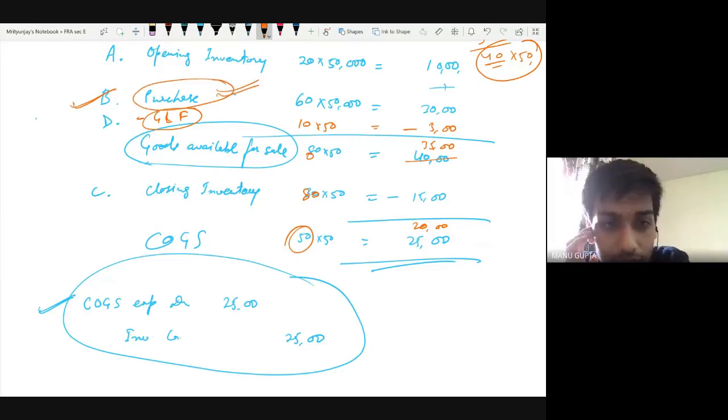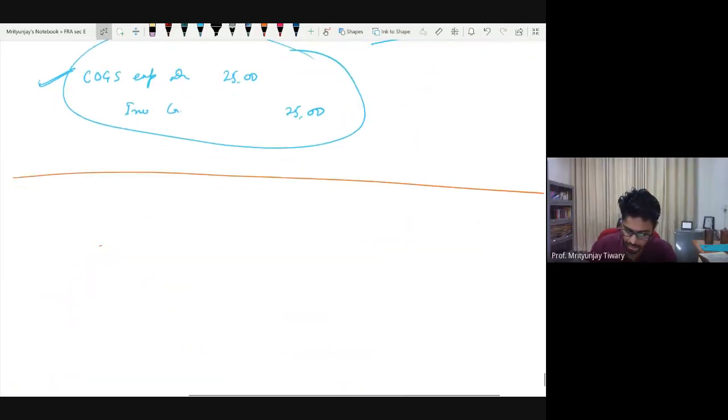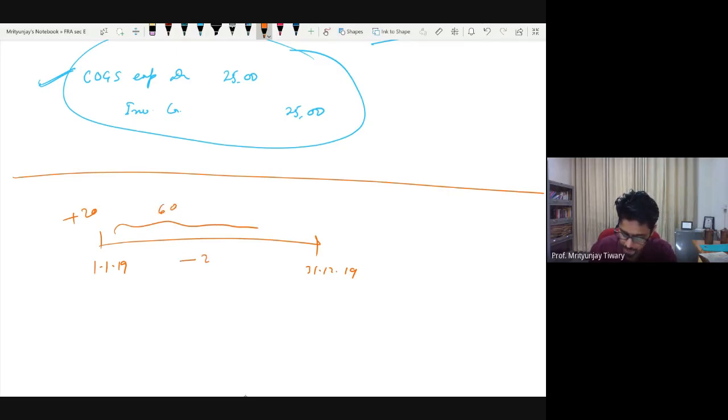So they will account for all the purchases at the end of the month. Let me show it to you. Let's say my accounting period is 1st January 19 to 31st December 19. You had 20 units to begin with. Up till here, you bought 60 more units, and you sold off 40 units. So total 80 was there with you, and you sold 40. What Manu is trying to imagine is, what if on the last day itself, once again, you buy 40 more.